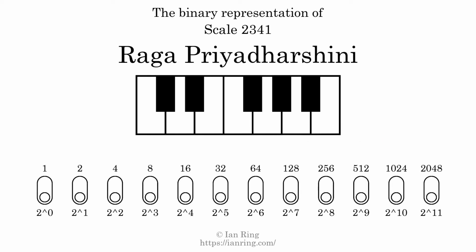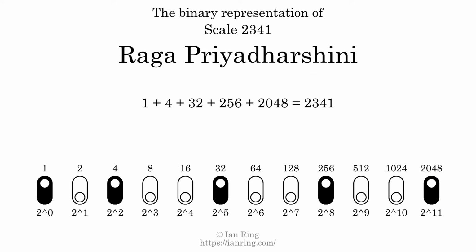The binary representation of this scale is determined by mapping tones of the scale to binary digits. Each binary digit represents a power of 2. To get the scale number, we add the powers of 2 together. The powers of 2 that are present in the scale, all added together, equals 2341. That is why the scale number, in decimal, is